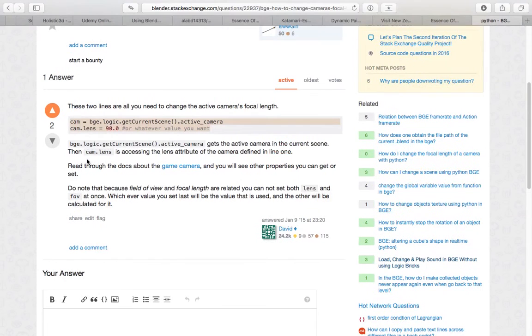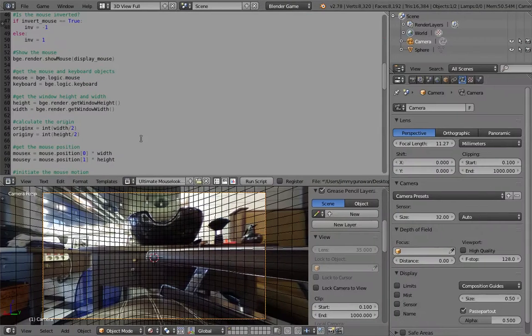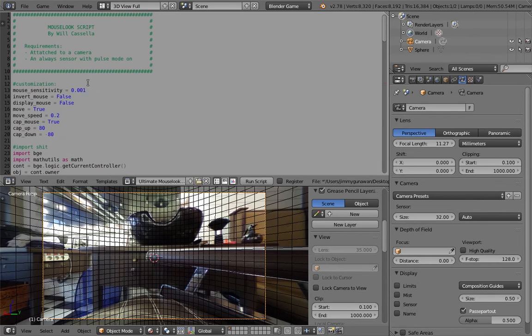There's this explanation by David. Thanks, David. This is the BGE logic. This line gets the current active camera, and this line will change the camera focal length. So it's a little bit of Python scripting that we can use. I'm going to paste the